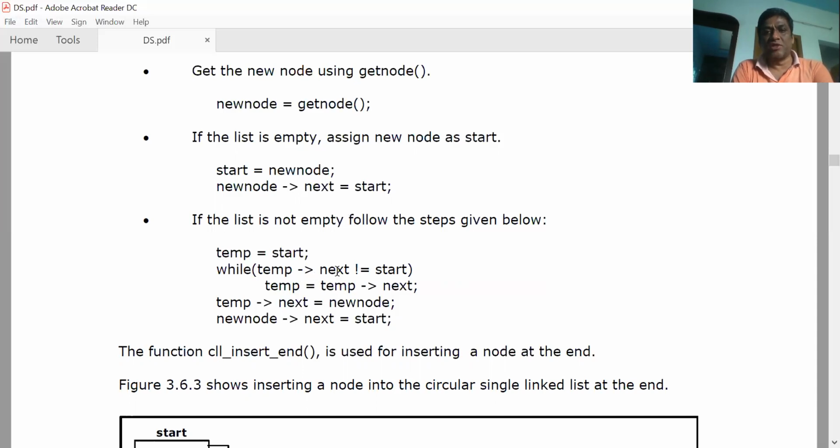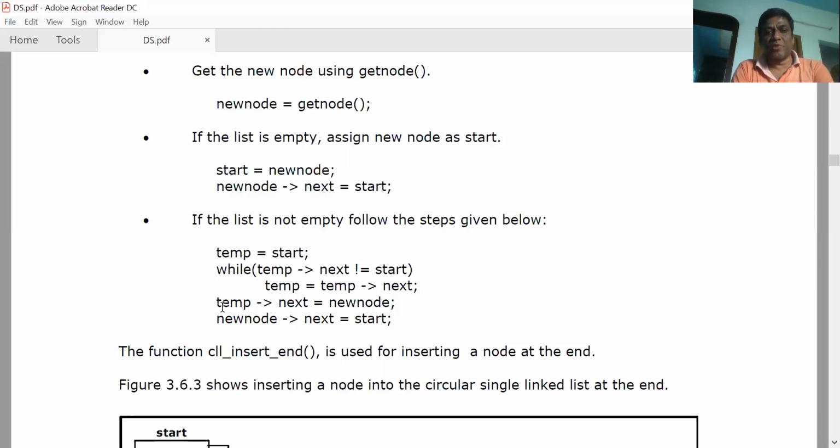That is the reason why we are using this condition. In a singly linked list, the condition for identifying the last node is temp next equal to null. So while temp next not equal to start, temp is equal to temp next. This loop ensures that you move to the last node.